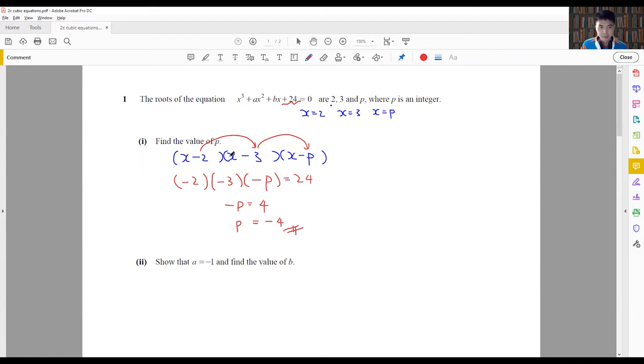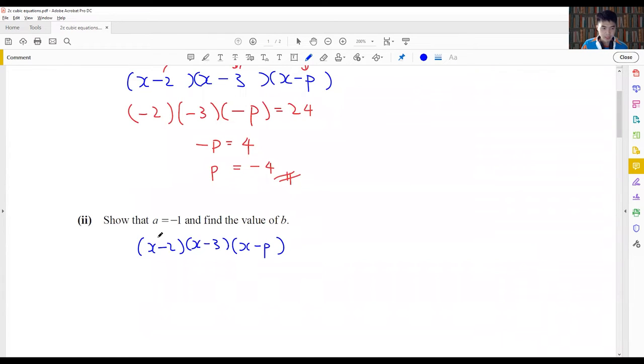So this first step here is quite easy. Now, in the next step, show that a equals minus 1 and find the value for b. To show that the a value is equal to negative 1, we actually have to expand this bracket here. x minus 2, x minus 3, and x minus p. From here,